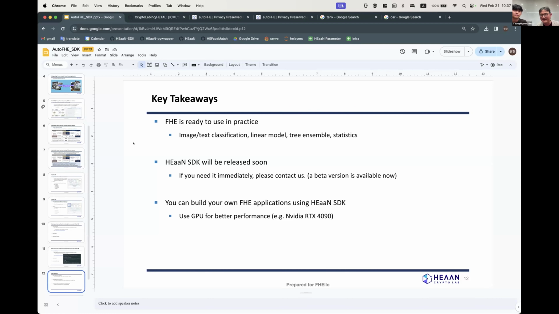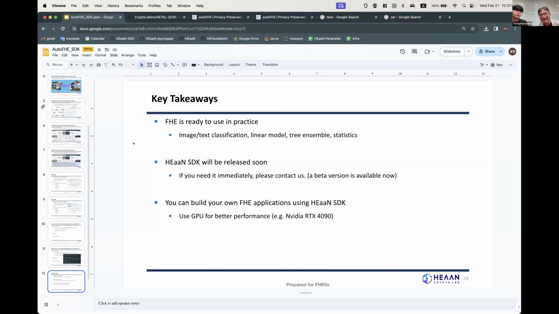For statistics, the analysis of 10 million data usually takes less than 5 seconds, and with some more hardware, the 10 million data computation can be completed in just 1 second. So I can say it is ready to use in practice.